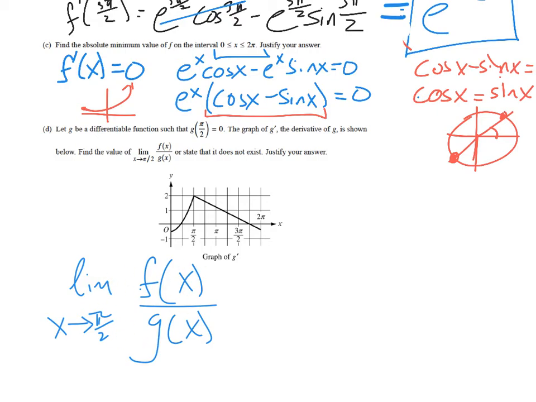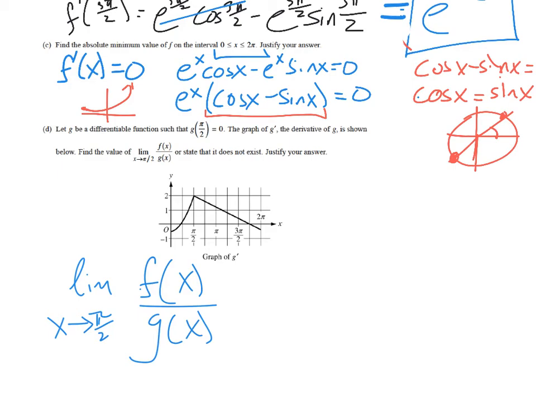Well, we do know the equation for f of x. It's what we had up above here. It's e to the x cosine x. But we don't know the equation for g of x. We've got this graph of g prime, but it's piecewise. There's no way to figure out this equation. So